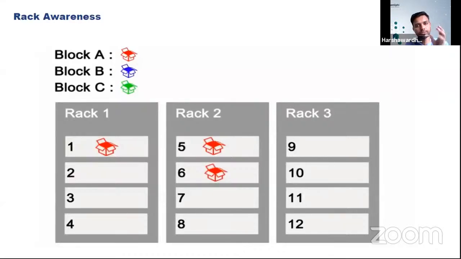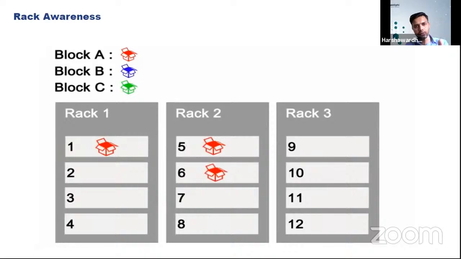If you replicate the data and store it on the same data node, and if you lose that data node, you are not going to get the data back. So it is not feasible to store it on the same data node. First question is gone. Second, why not on the same rack? We can store on the same rack, but there are chances that the entire rack can go away, because of natural calamities or something like that. So we are directly changing the rack.